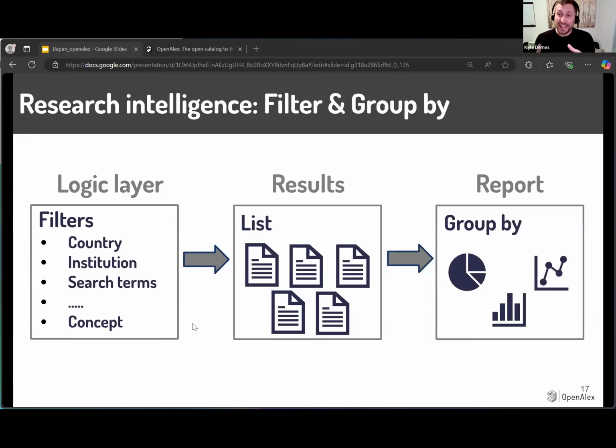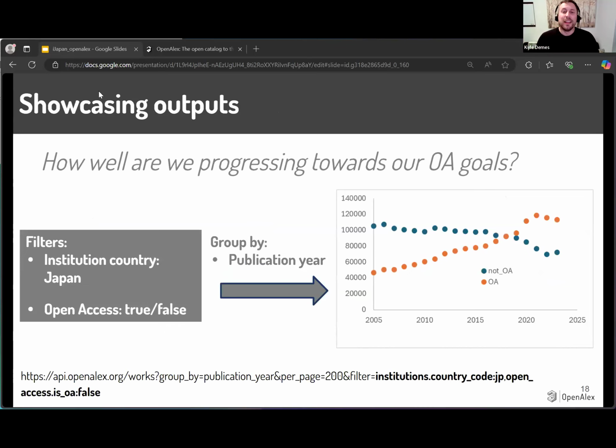These are the publications you're looking for. Maybe this is where you want to end because you just want a list of all of the publications at your university, or maybe you want to then analyze by some of these filters, so by Sustainable Development Goal, the UN SDG, or by institution, or by open access. You can then analyze that way. And I'll give you a few examples just to showcase how this works.